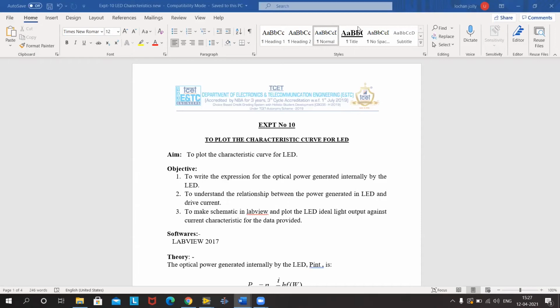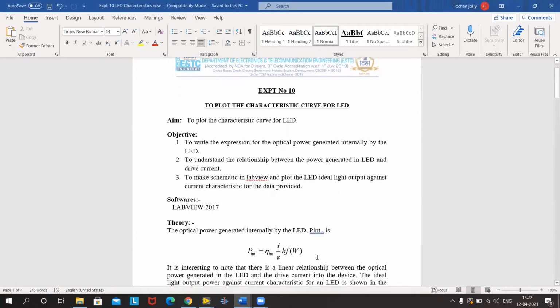Good morning, everyone. Welcome to the 10th practical of fiber optic communication, that is to plot the characteristics for a LED. Now we know that for an LED, it gives us a direct relationship between the current and the optical power output. So the relation between the optical power output and the forward bias current is given by this relation